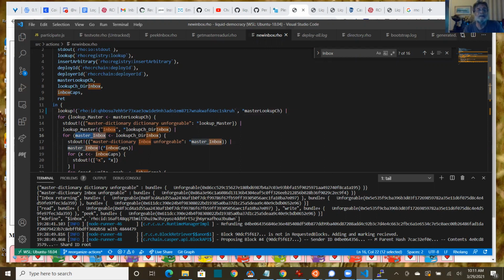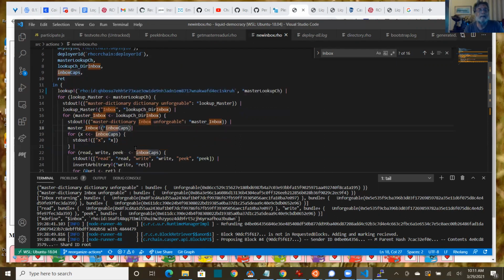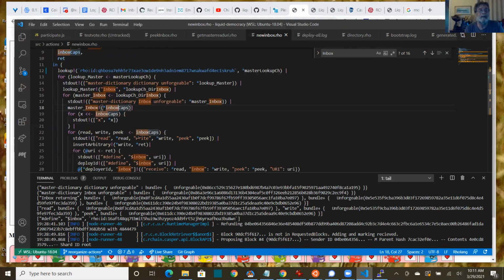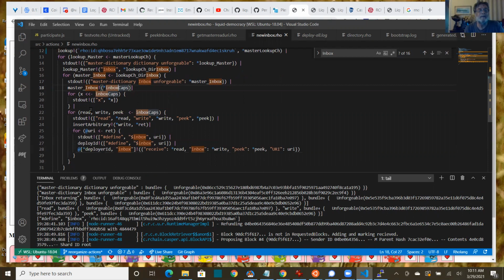We get the master inbox unforgeable name, and now we can run a contract and get back capabilities. And actually, we can get rid of these statements that are not used. But we read back, here we peeked at them, but we didn't get them. So here we read back a read, write, and peek capability